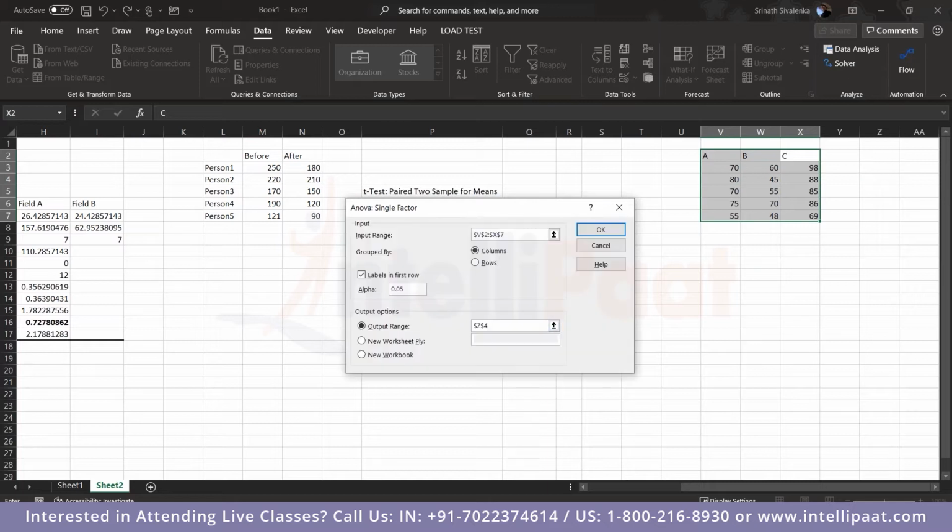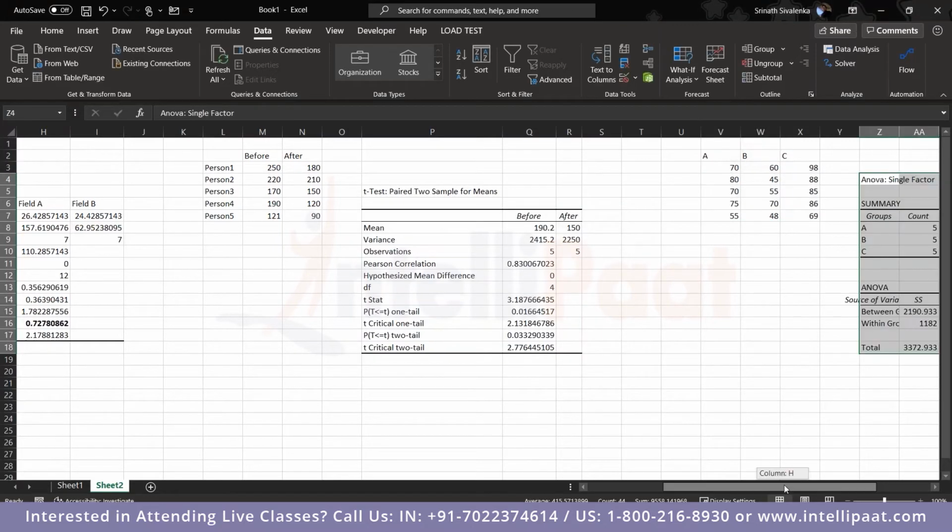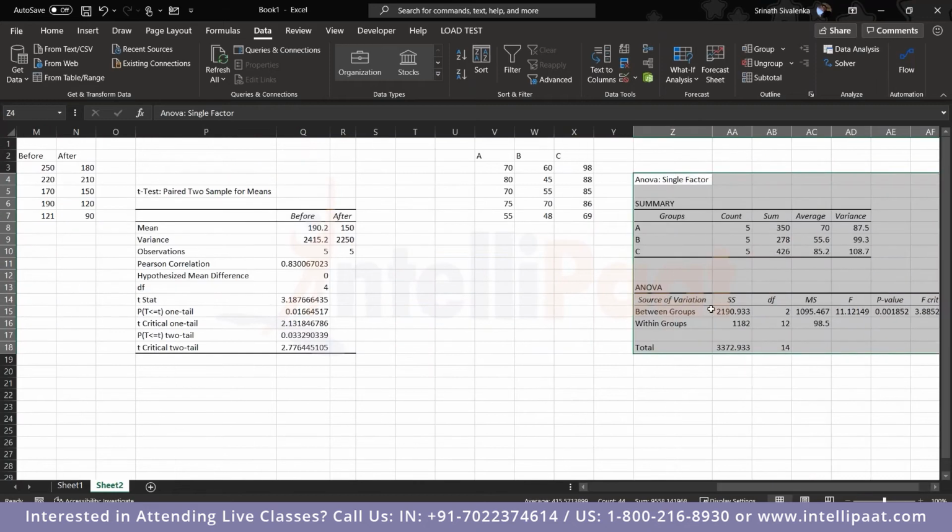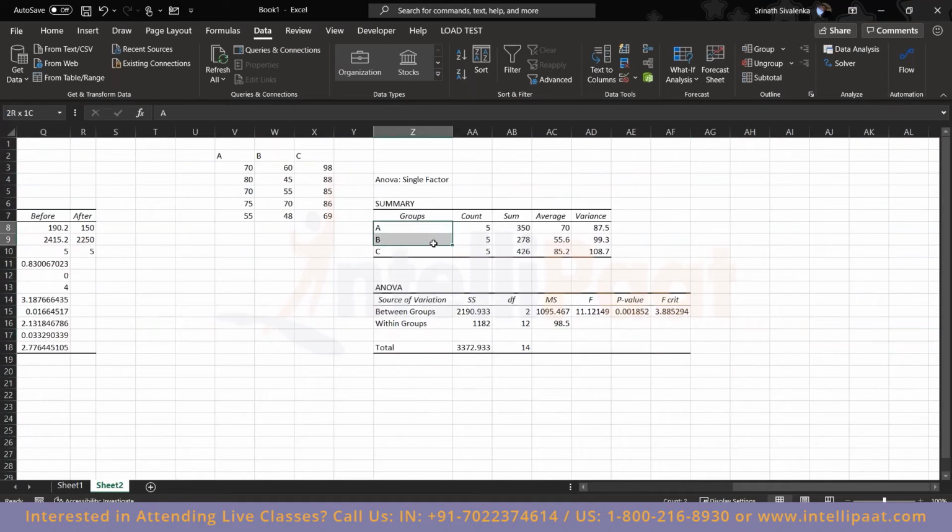So now what am I saying? In this particular group, the null hypothesis is that the means are not significantly different, or rather the variances in these groups and the means are not significantly different. The alternate hypothesis is that these 3 groups actually behave differently. Right? There's actually a significant difference between these 3 groups. Click on OK. You quickly get the summary, single factor ANOVA. So for group ABC, this is the quick summary: count, sum, average, variance of your groups, and here is where you have the ANOVA. Between groups